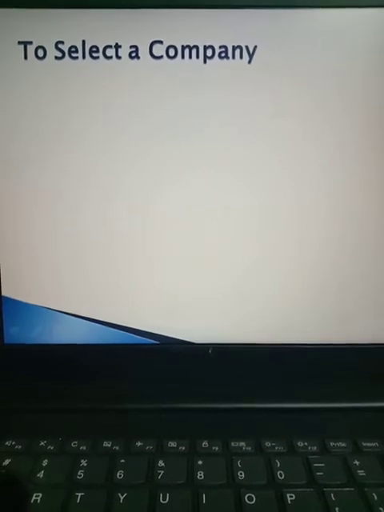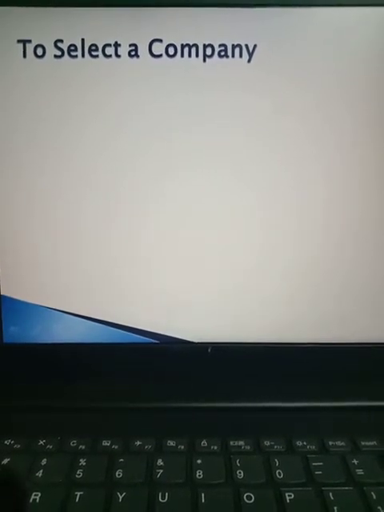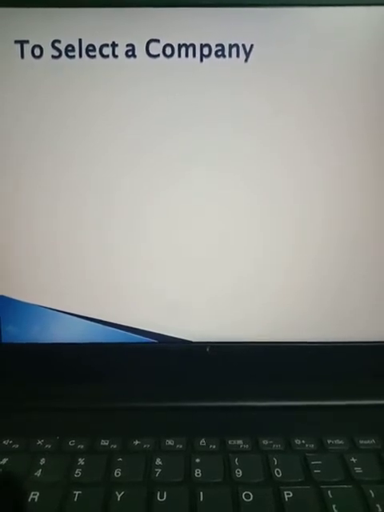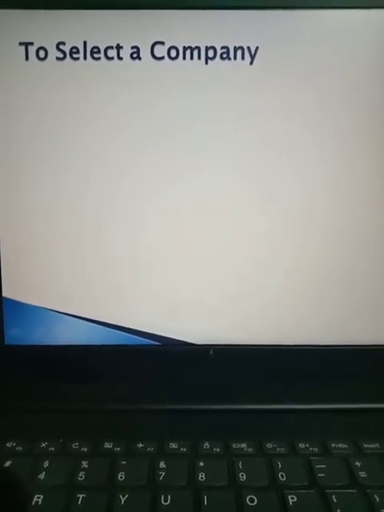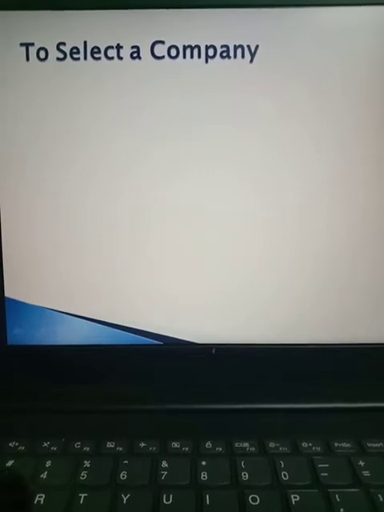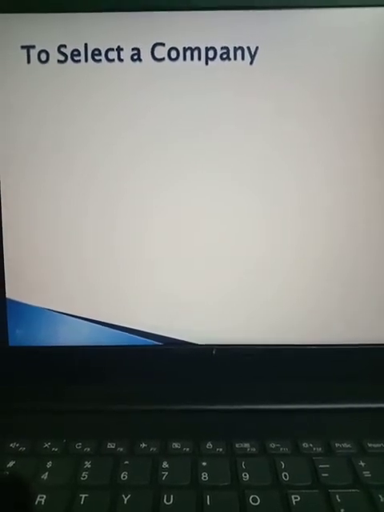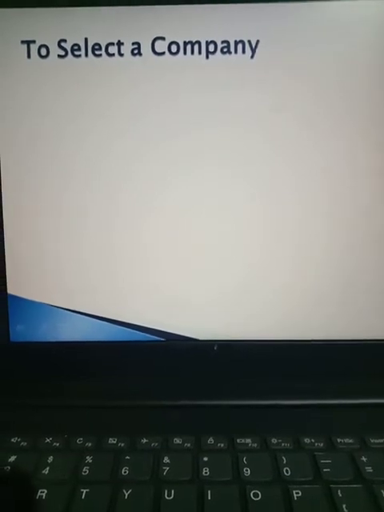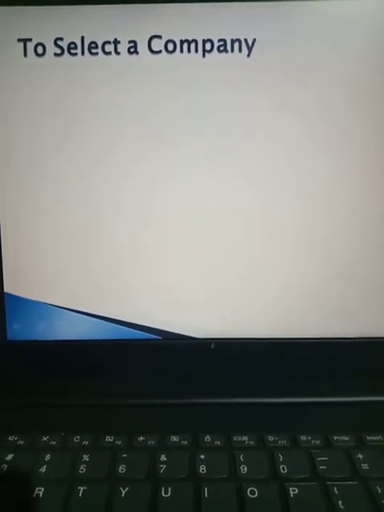Or sometimes our transactions are over for a company, so we need to shut the company. So let's see how to alter the company details in Tally, as well as how to shut the company, which means deleting the company from Tally ERP9.